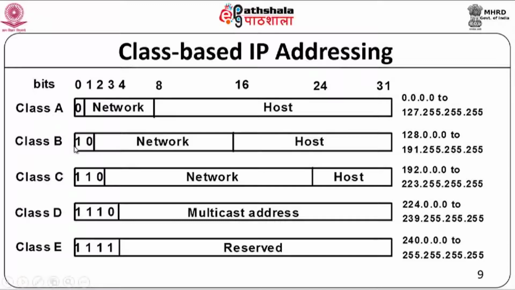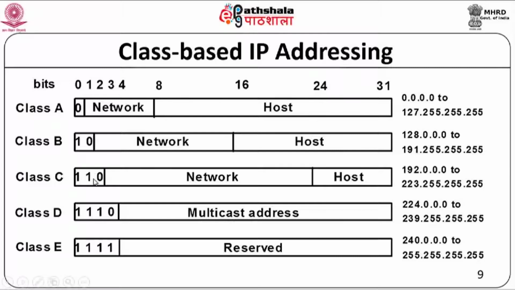So in a medium sized network, you can see that it starts with a 10, and the first 16 bits identify the network part of the address, and the next 16 bits identify the host part of the address. So 2 power 16 networks can be there, each network having 2 power 16 hosts. The range of addresses for this will be 128.0.0.0 to 191.255.255.255. Now 191, because we know that the first 2 bits will always be a 1 and a 0, so the next values can go from all zeros up to all ones. So from 128 to 191 will be a class B address.